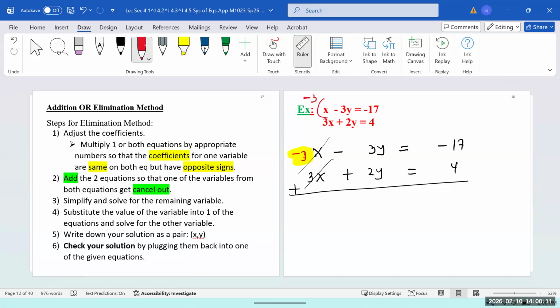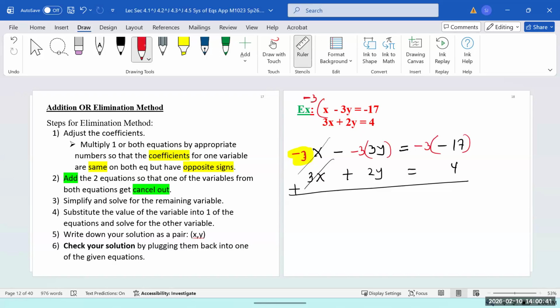Remember, when you buy a toy for one kid, you have to buy the same toy for every kid in your house. So the y said, hey, I want negative 3. We said, okay, no problem, go ahead. And now the negative 17 says, oh, me too, I want that. So we said, okay, we are spending our money, no problem. Have negative 3 for all three. And now what happens? Negative 3x and positive 3x cancel out.